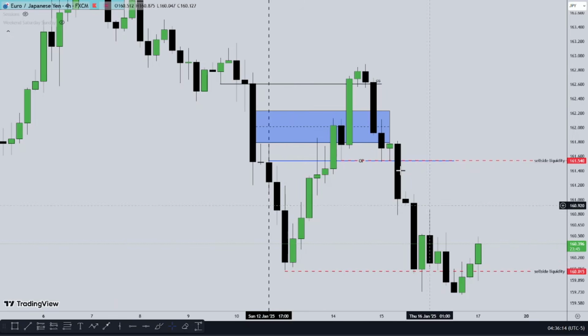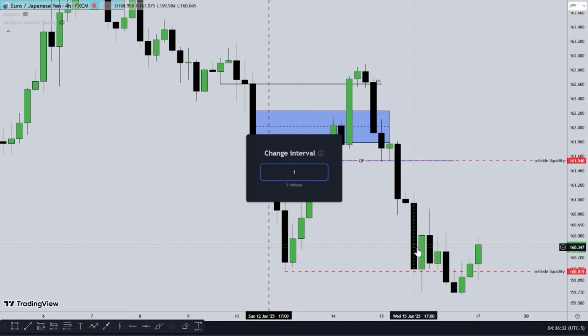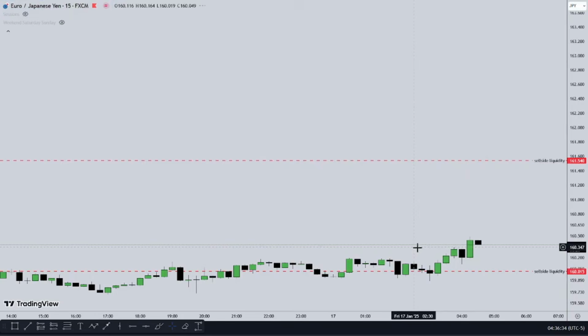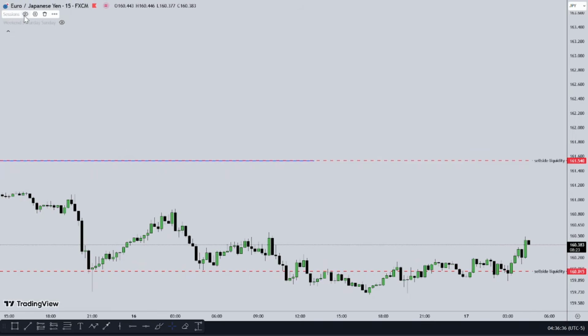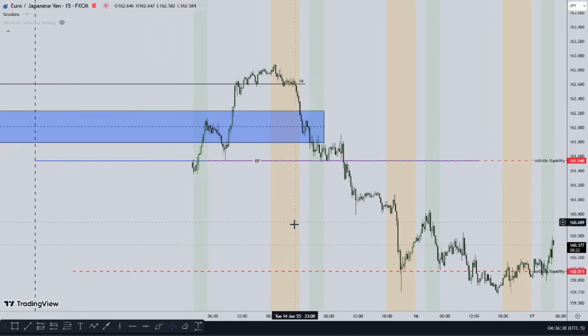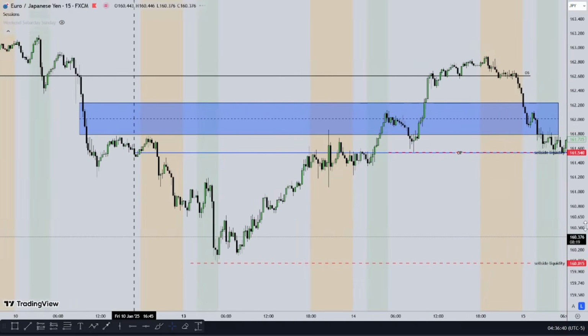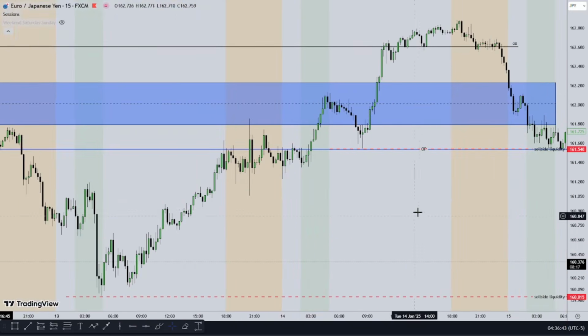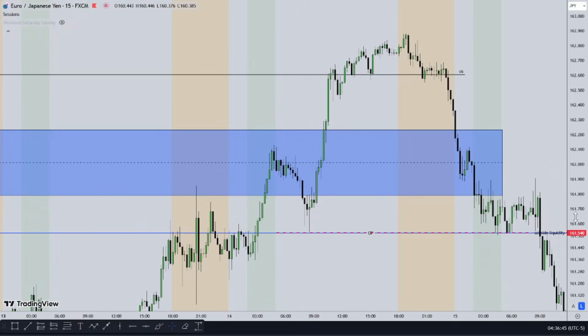Now we'll be aligning this idea with our economic calendar and our trading sessions. We are paying attention to the London session and the Asian session. So let's go to the 15-minute time frame. Let's turn on the session indicator. So our first session is